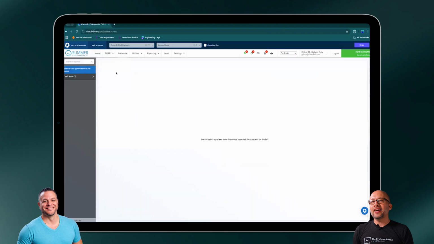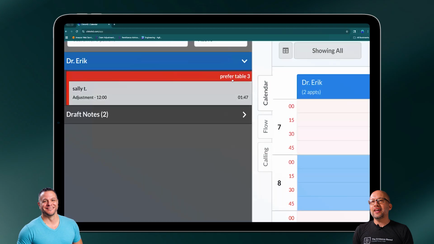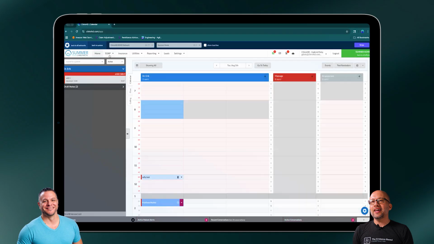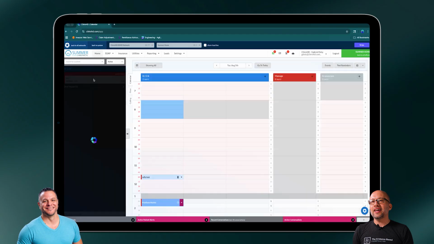But for the doctor's screen, again, very similar look and feel. We're on the doctor's screen now. They are going to have that same queue. Over here on the left is our queue. So actually we'll arrive this patient just to make this easy. So you'll see that they show up in the queue over here. We have some things on here where this patient has a preference of table 3, and you can see that clearly in the queue. If I go over to the doctor's screen, they're going to have that same queue over here. The difference being is when you're at the front desk view and you click on this,